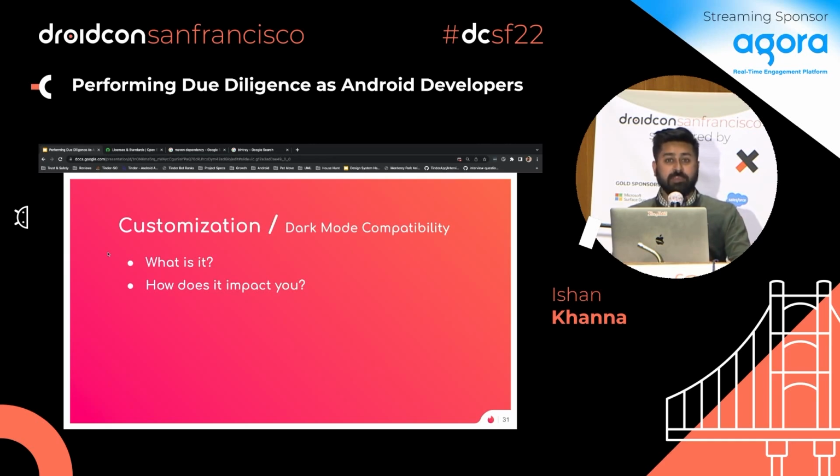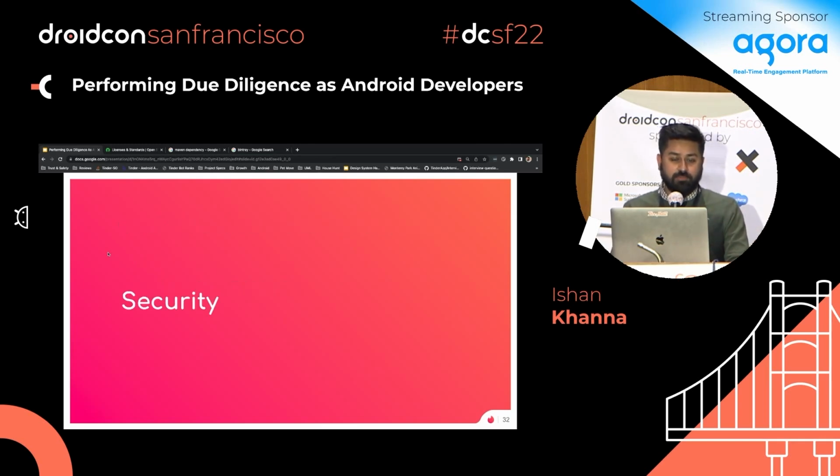If your app actually supports dark mode, then this is also a red flag if the SDK does not support it, and you should raise it. Try to get it in the app, or somehow allow your designers to pitch in and work together with the other team to get dark mode support there.